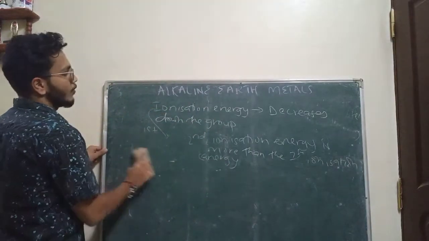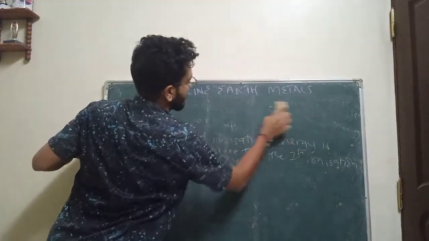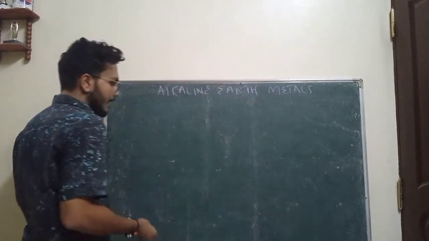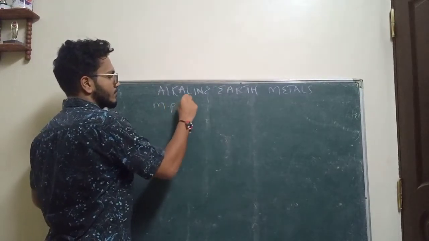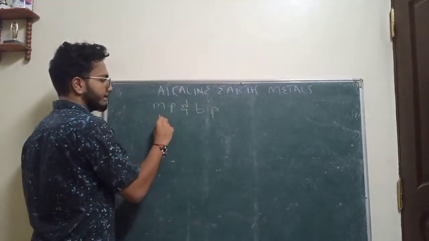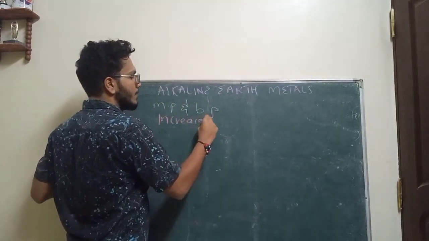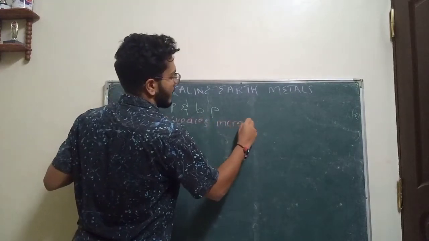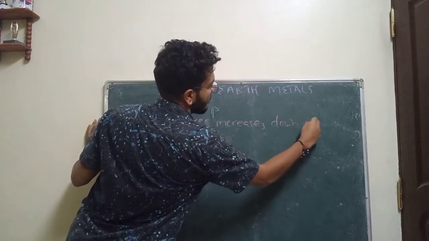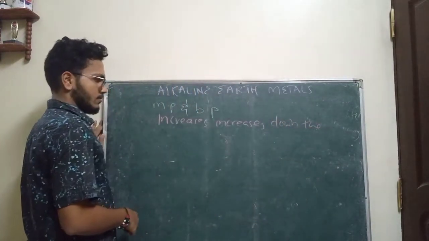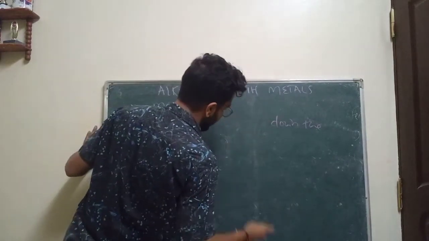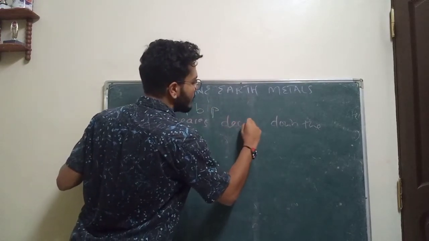We have melting and boiling points. Melting and boiling points also increase down the group. Same explanation as alkali metals, also increases down the group. So calcium, melting and boiling point decreases down the group. Sorry for that. Melting and boiling point decreases down the group